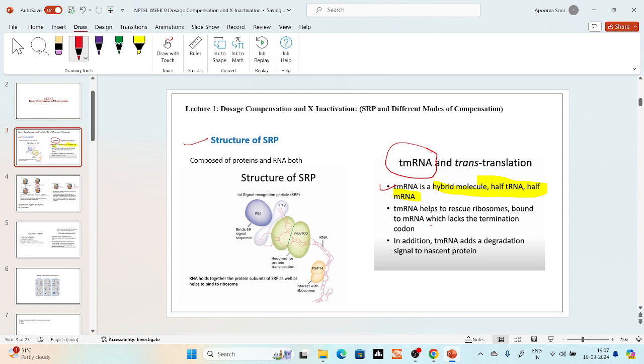And not only that, it helps in rescuing the ribosomes and the release of the ribosome from the mRNA. It also adds a degradation signal to the nascent protein. That means, for example, if